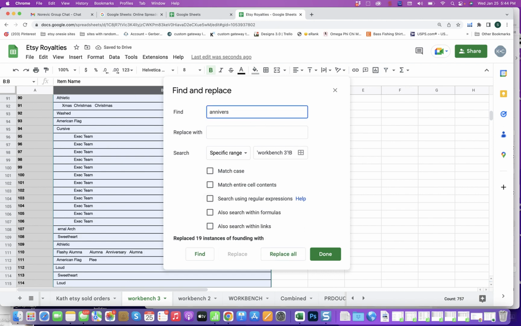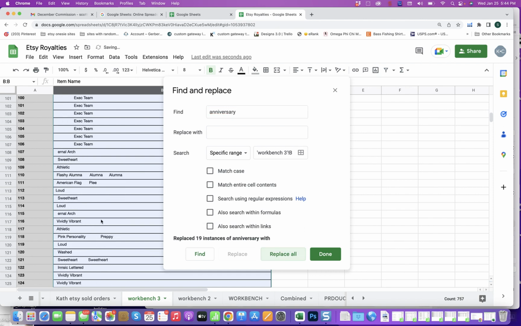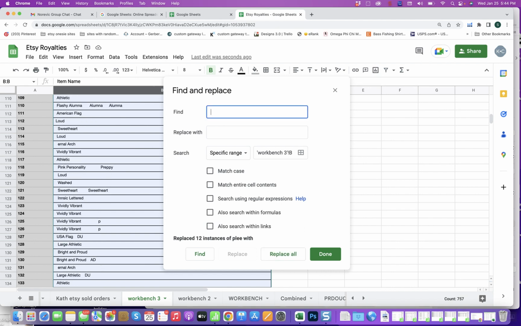Anniversary, employee, space, P space, DU, space, AD space, AGD,